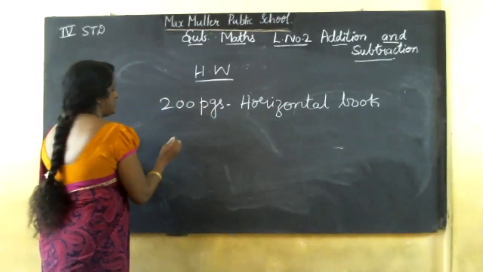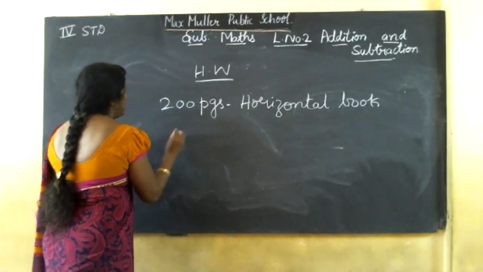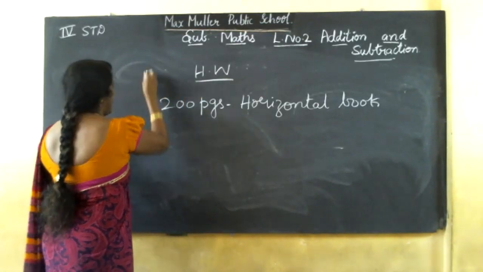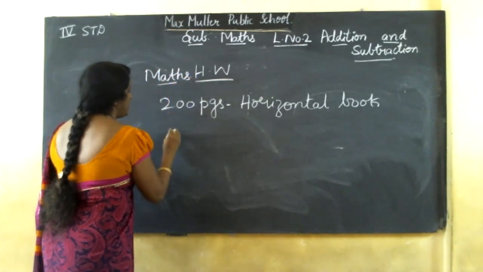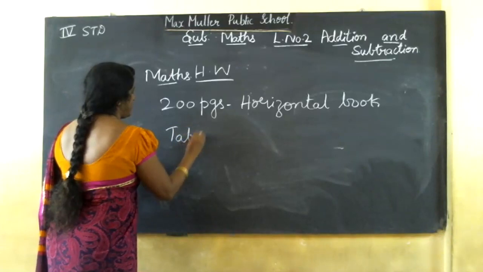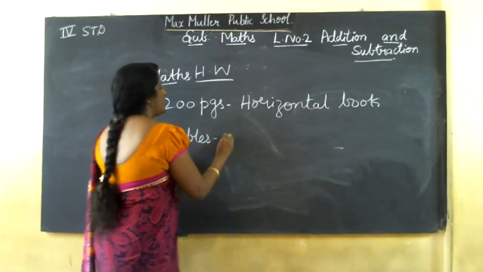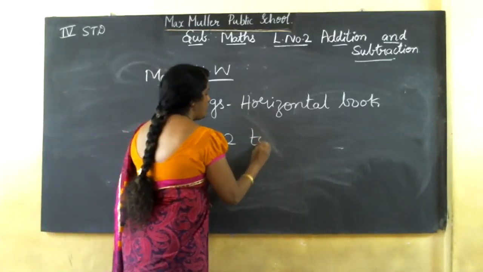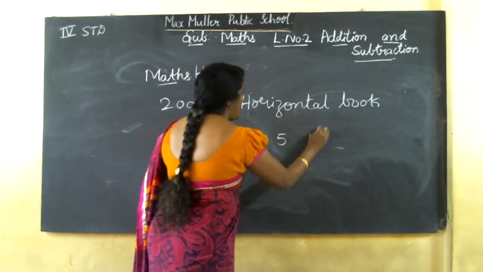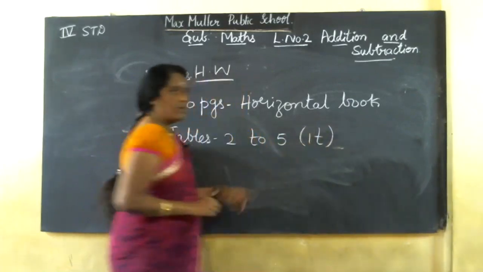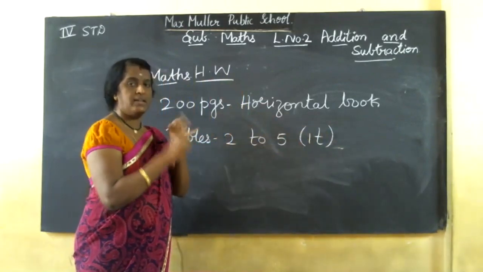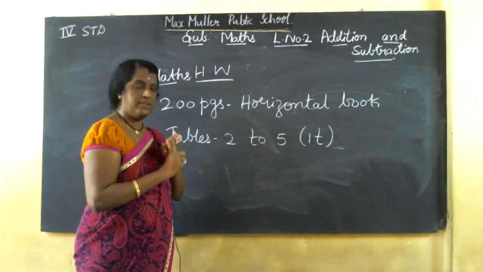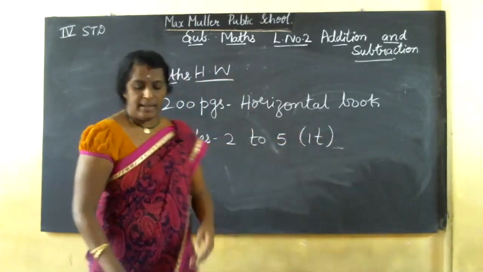Your homework is, see here, maths homework only, because this is the maths subject. Maths homework is tables. 2 ones are 2, 5 ones are 5. You know 1 t means 1 time. 2 ones are, 3 ones are, 4 ones are, 5 ones are, 1 time. And the next homework is